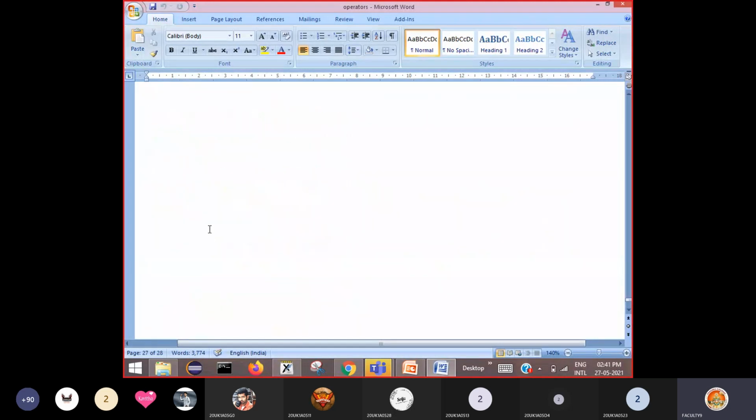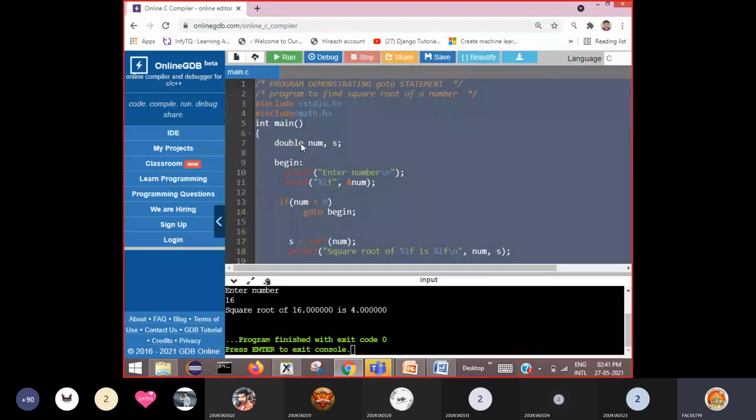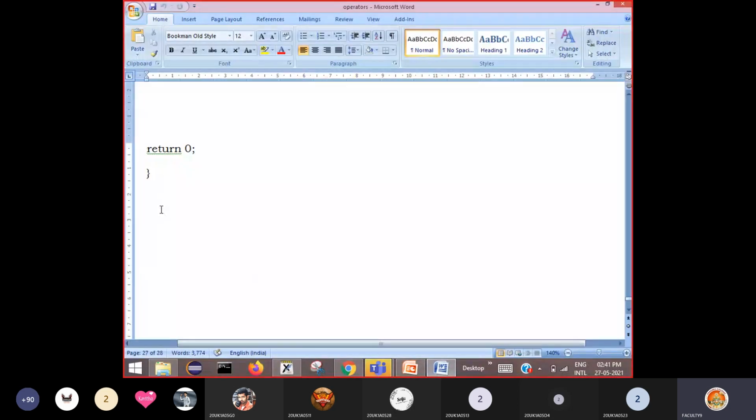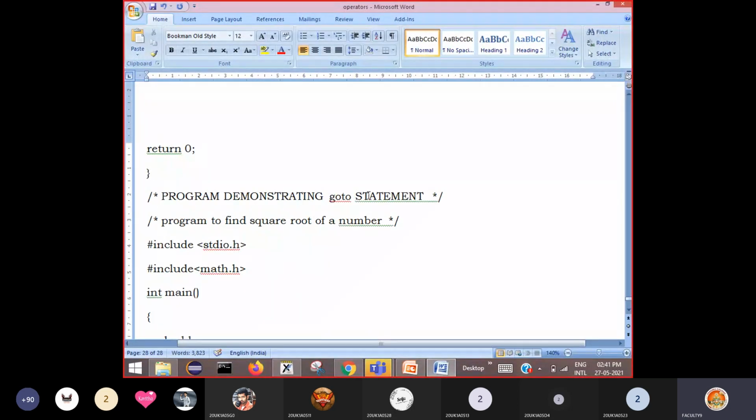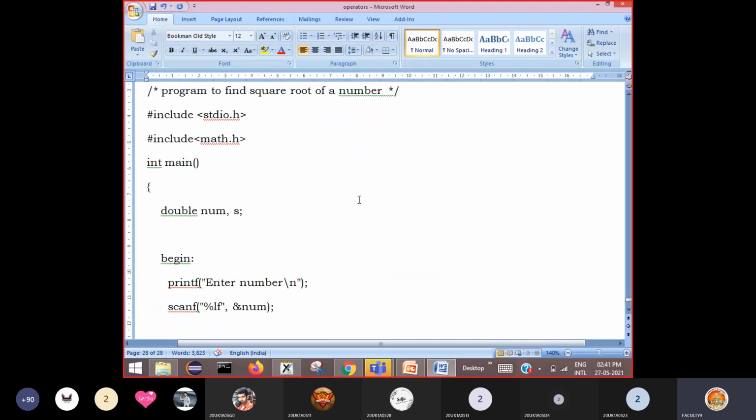Okay, so this is the vowel or consonant program. Now I copy this here. Now see here, the program is copied here.